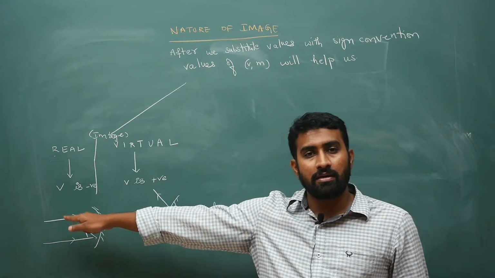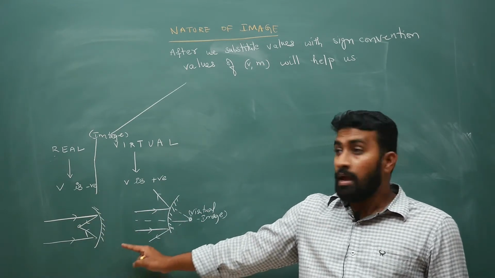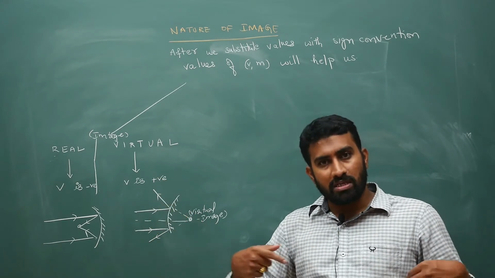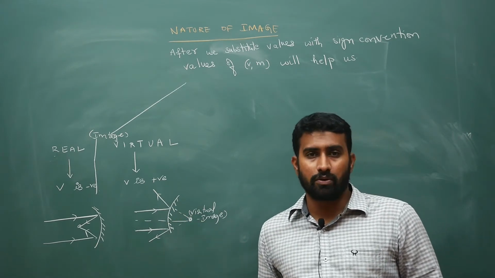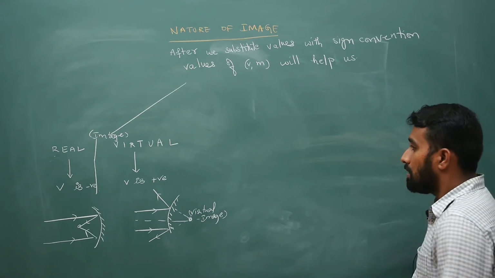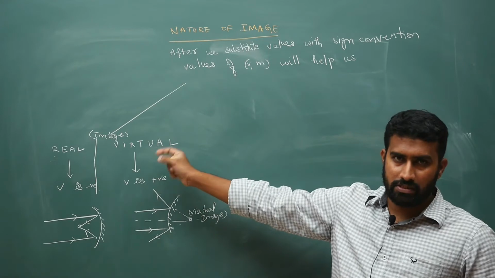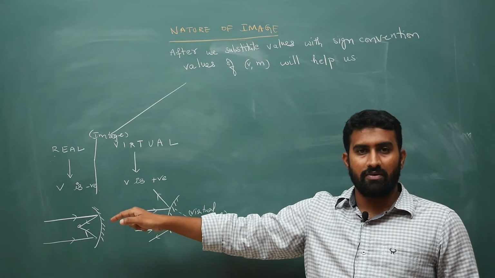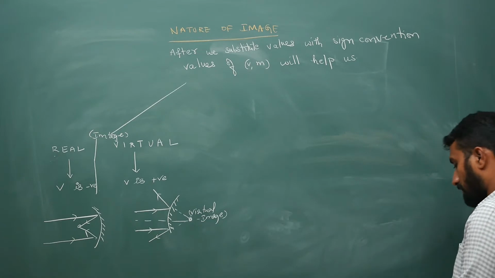So my point is you will have real and virtual image. Real image you will have when real rays intersect, that means after reflection rays will meet at a point, and here after reflection rays will diverge. So to explain the formation of image, we will extend them. These extended rays, in the starting itself I have told you very clearly, so don't act as if this is something new now. So you should explain whether the image is real or virtual. How will you decide? Based on the value of V. What is V? Image distance. If you remember the previous thing that I have written on the board, V is image distance.